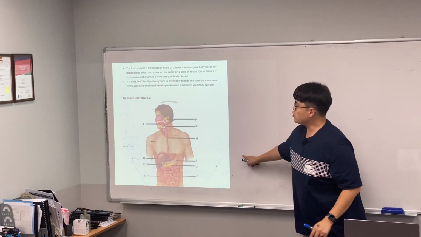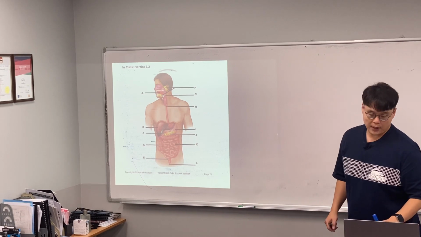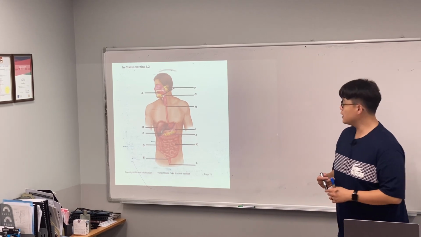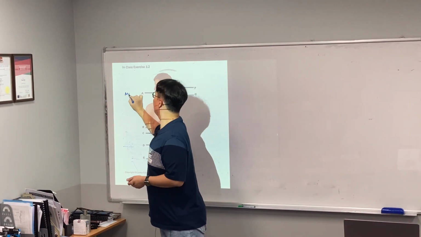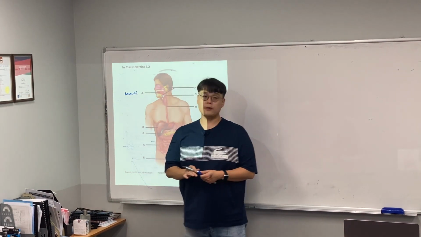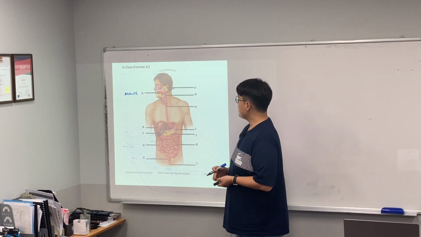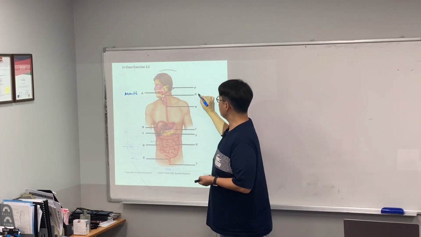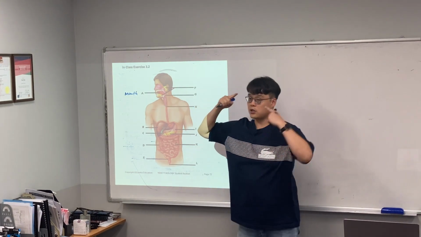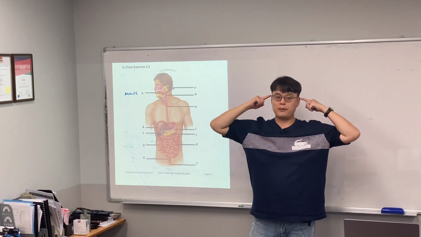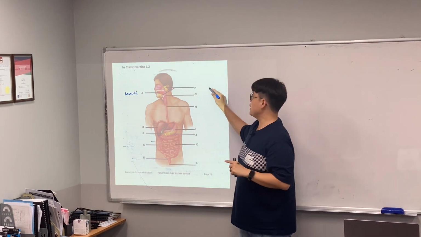So, giving some anatomy of the human digestive system, A, B, C, D, F. Let's have a look at them, from A. It's kind of obvious. A is simply your mouth. And yes, the mouth is a part of the digestive system. We also have the tongue. Oh, sorry, not the tongue. The F that we have at the back of your mouth, at the bottom of your tongue, is called the salivary